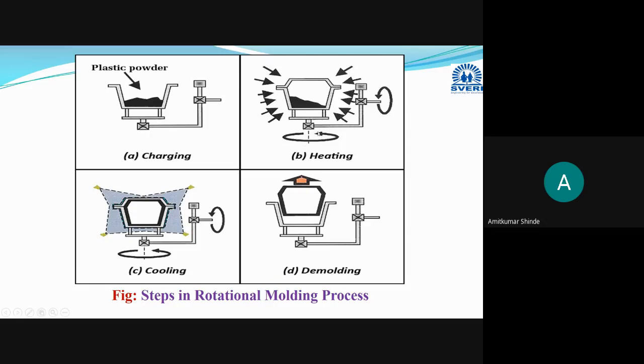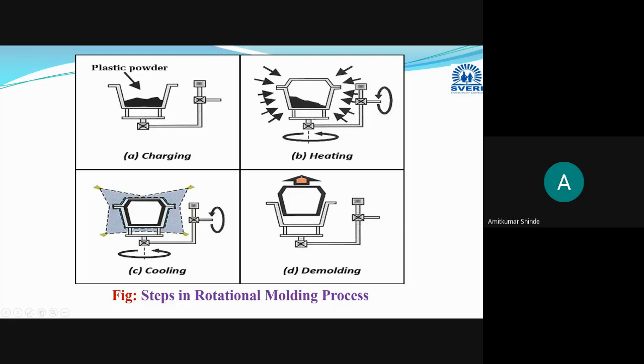And due to biaxial rotating, a uniform layer will be obtained. Okay, in this way a uniform layer of that material will be obtained. And after that cooling will be done. Generally air cooling is used. Sometimes you can use water cooling also, but water cooling is avoided, because of the water cooling, distortion may occur, which changes the shape and size of that particular cavity or our part. That's why generally air cooling is done.